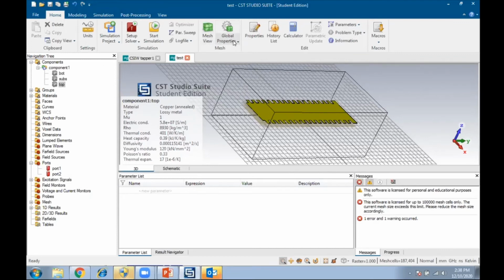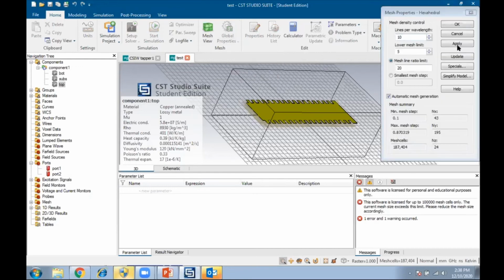The global properties, hexahedral. Yeah, there are also different types, and there is a lot to explain about this software, but the time is not there, no? So there are different types of meshing here. So hexahedral, pentahedral meshing is also there. So now we need to select hexahedral,